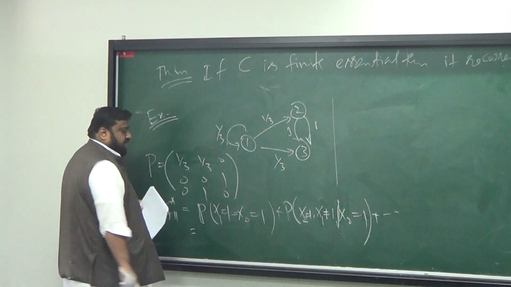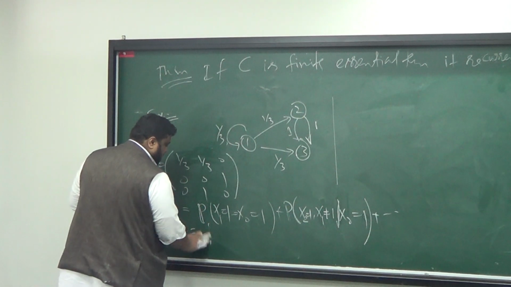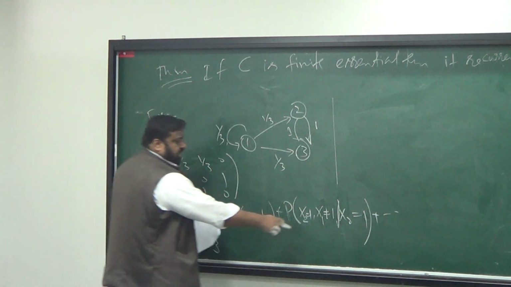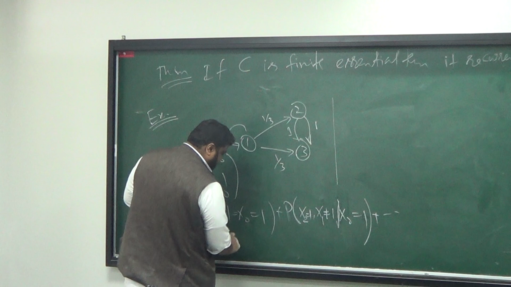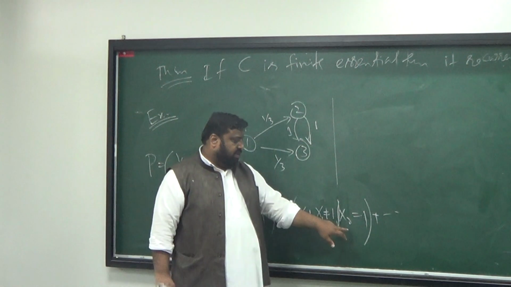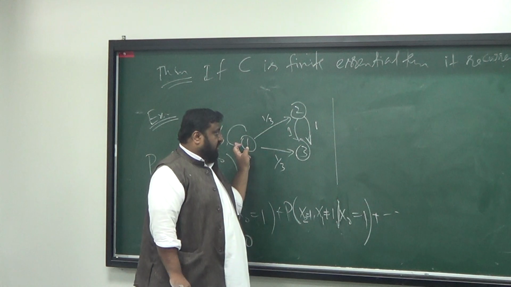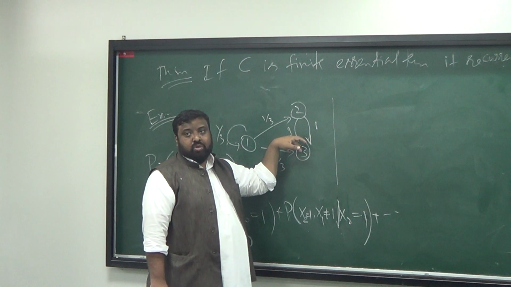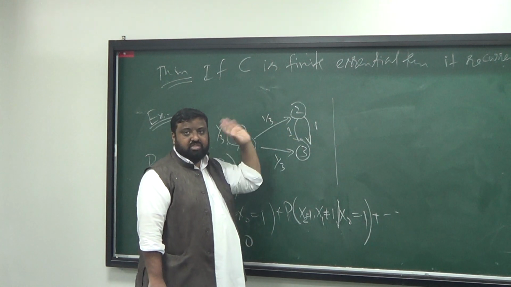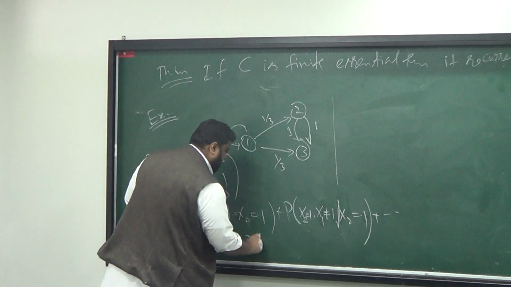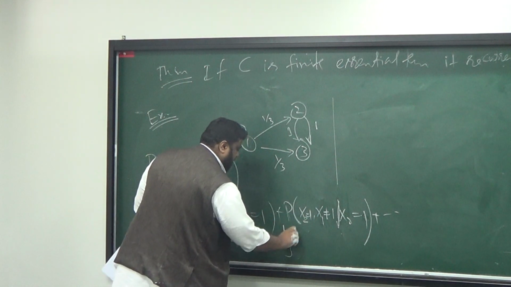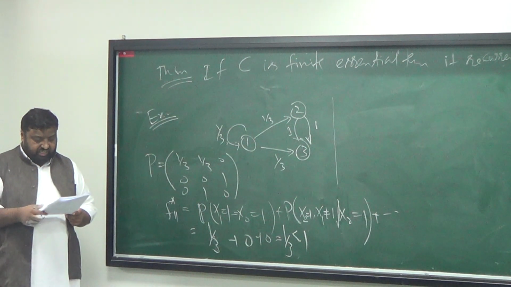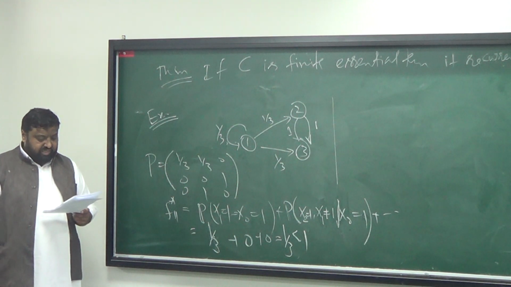So I know this first term is 1/3. That's what it tells you. So what is this next probability? It should be 0. Because you are at 1, then at time 1 you are not at 1, so you are in 2 or 3, but at time 2 you suddenly return to state 1. This is not going to happen, so this must be 0. All of the other probabilities are 0. So you get 1/3, and hence this is less than 1. This shows that this state is a transient state.